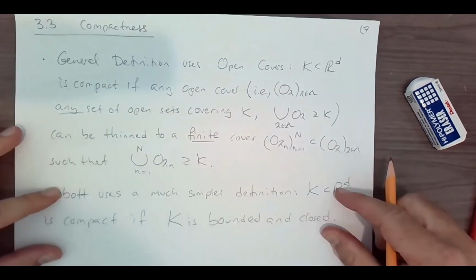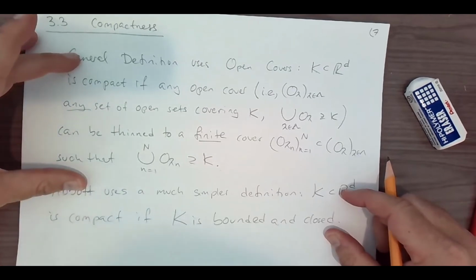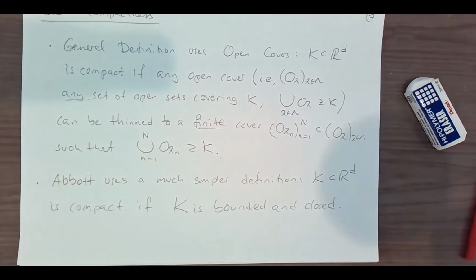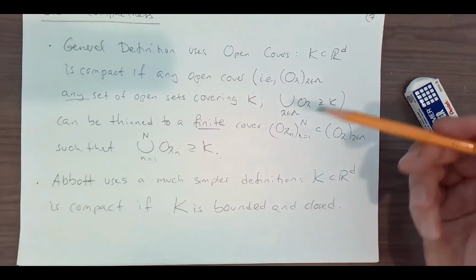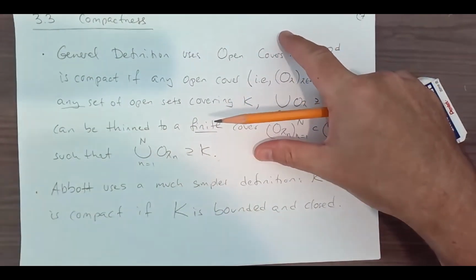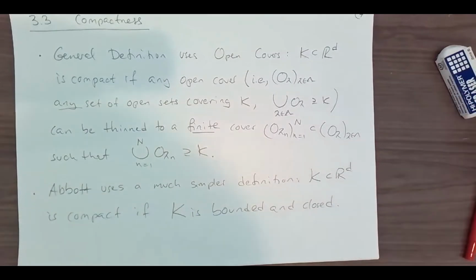So that surely seems to be a lot easier to digest than all this mess up here with covers. This is probably why he does it. So Abbott, he uses this one. I am claiming that it is this abstract nonsense up here that is the much better definition because it works in all kinds of settings. Okay, and then of course you have to prove that all these things are the same.